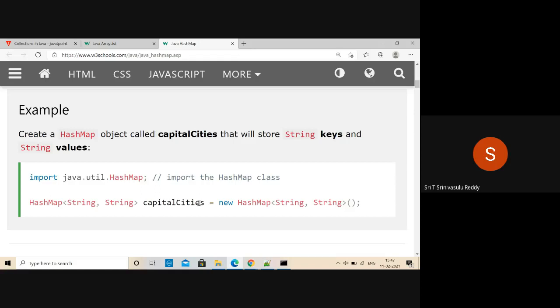Using the key, you try to store the value into a specific location. While retrieving also, because you are going to supply the same key, it uses the same logic and sees whether an item is there or not. In case it is there, it is going to give you the value. If it is not there, it's going to tell you, no, it's not there. So search becomes faster here by employing hashing algorithms, so that search can become very quick.